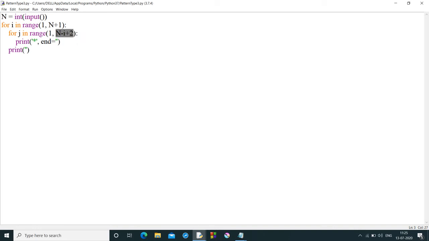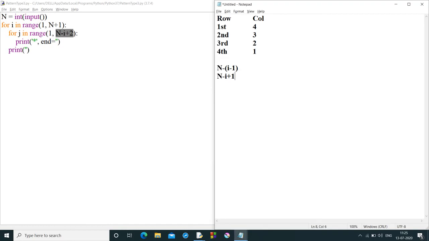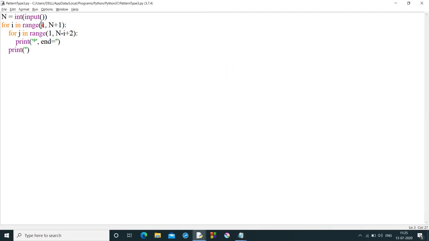So let's try to think about this program in one more way. Always remember, the entire patterns program depends upon the condition in the row and the condition in the column. Here the condition is rotate the loop from 1 to n. Of course, n is included in the range.